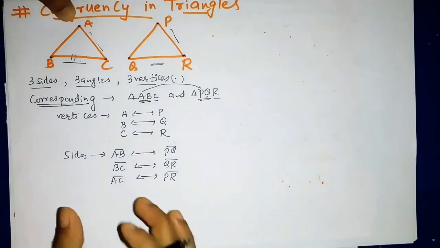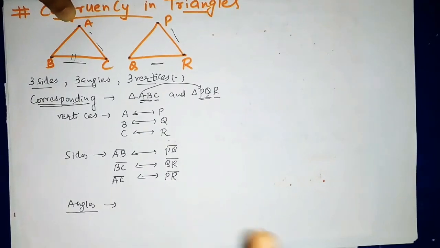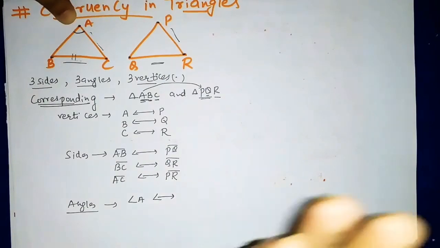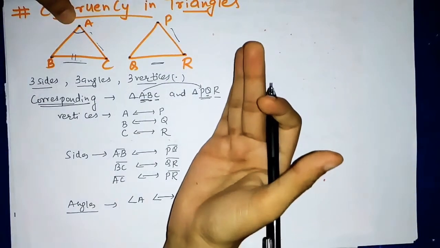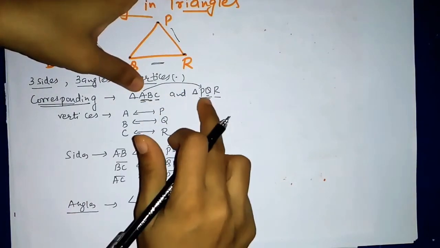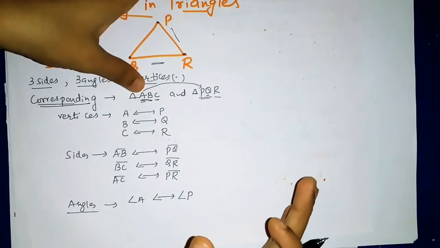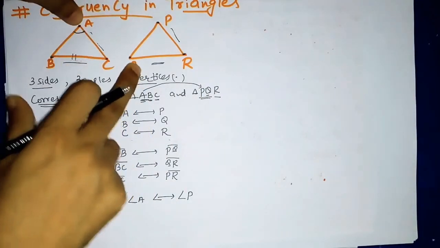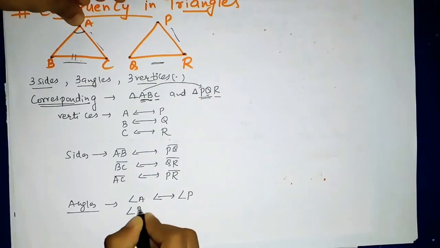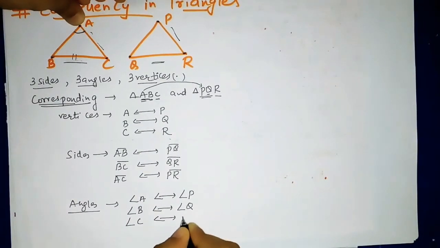So these are the vertices, these are the sides. Similarly you can write the angles as well. If we talk about angles, angle A, which angle will it correspond to? From this figure, which angle will come in correspondence with angle A? Obviously angle P. In place of A, which letter is there? P. So here A and there P. This way, this is the meaning of correspondence. You can't take A with Q or A with R. You have to see the position properly. Similarly, angle B corresponds to angle Q and angle C corresponds to angle R.